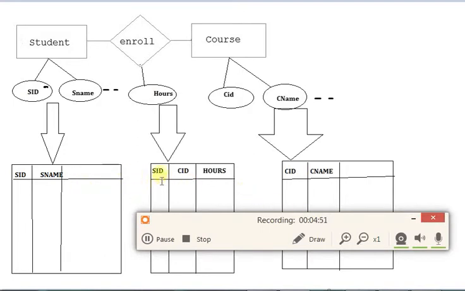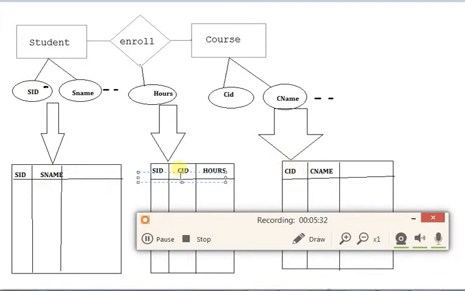That is, the values present in this table, which is also called the child table, will be referencing its parent table or parent tables. For example, the SIDs present in this table will be referencing the SIDs present in this table. Similarly, the course IDs present in this enrolls table will be referencing the course IDs present in this table.